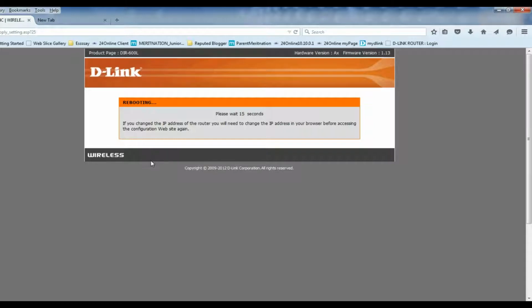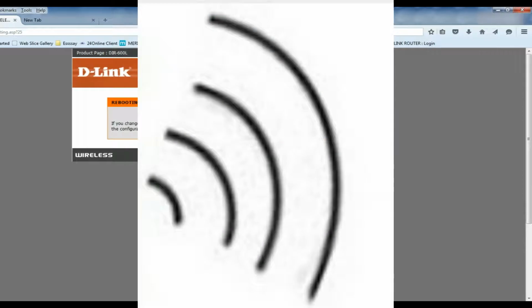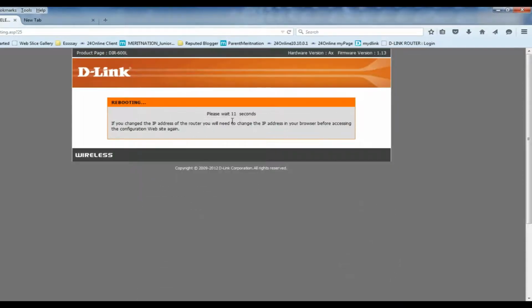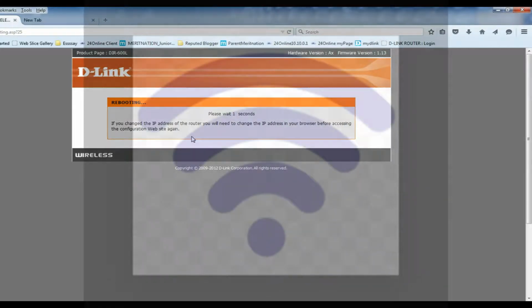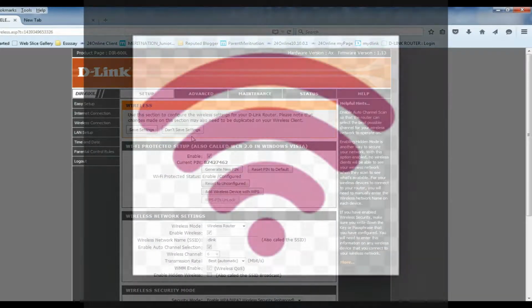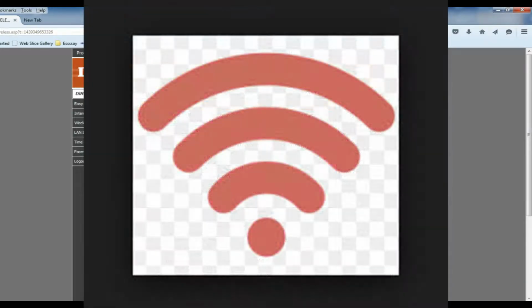Okay, just like this signal. So you will watch that the Wi-Fi light has been turned on because I just enabled the router for running our laptops and others. Okay, watch this signal.